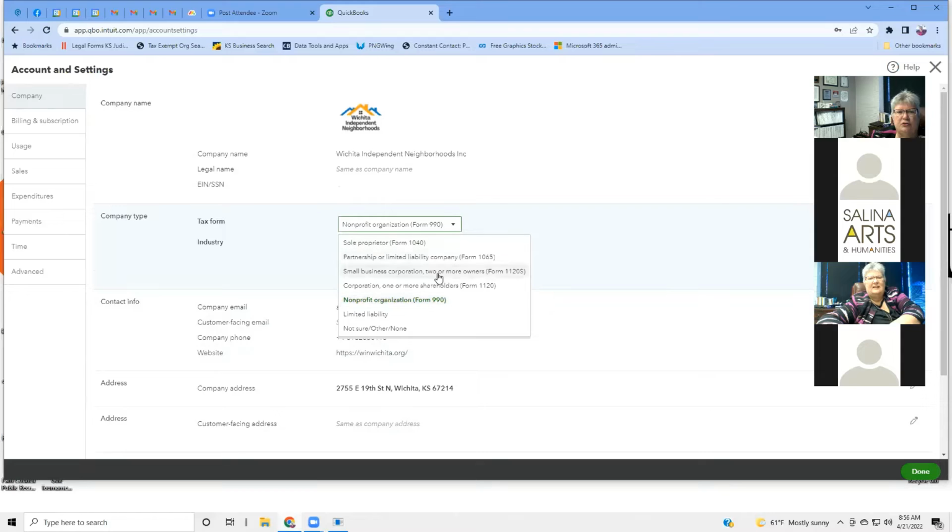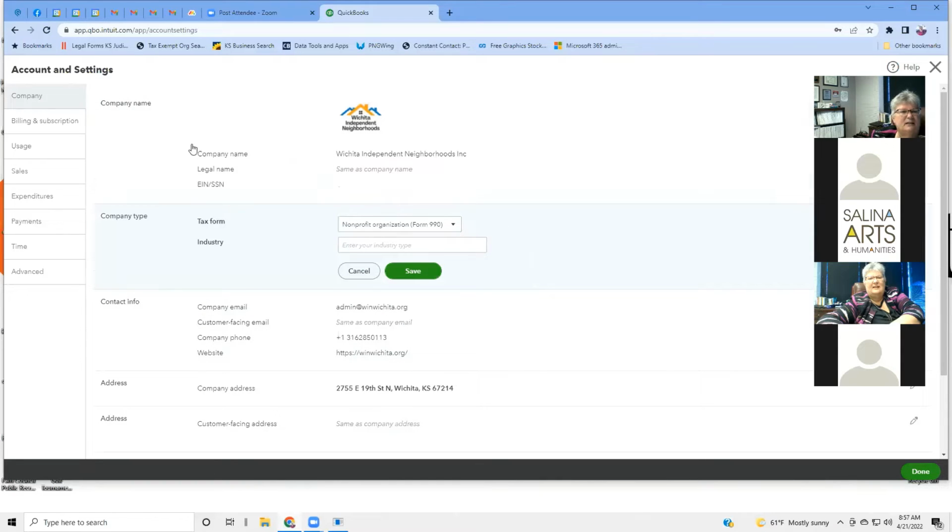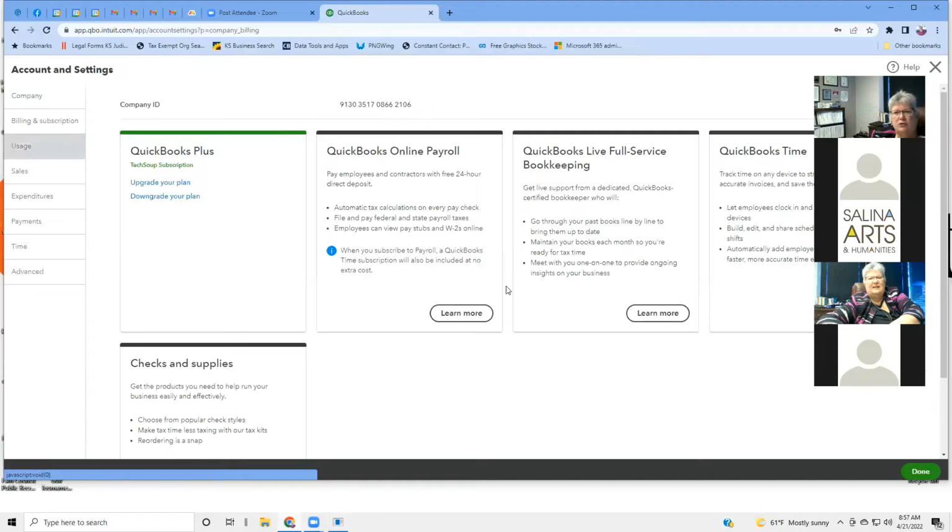Here's where you can choose what kind of tax form you want to set up. Okay, and then going on to billing and subscription, this will be where you'll control all what you subscribe to